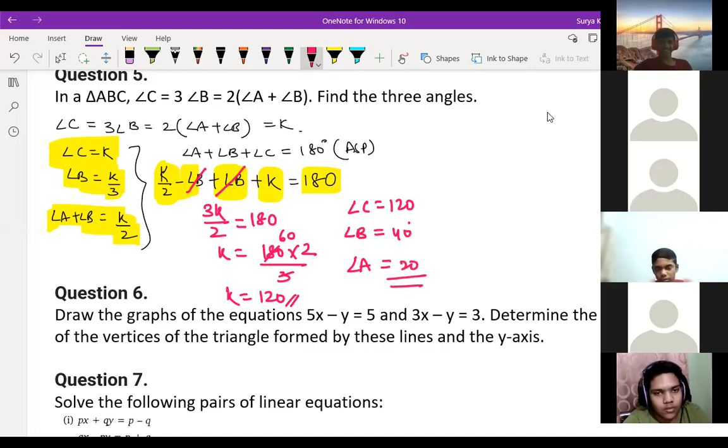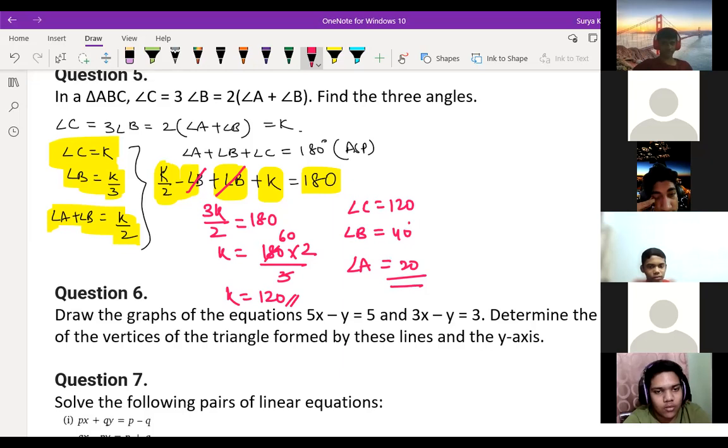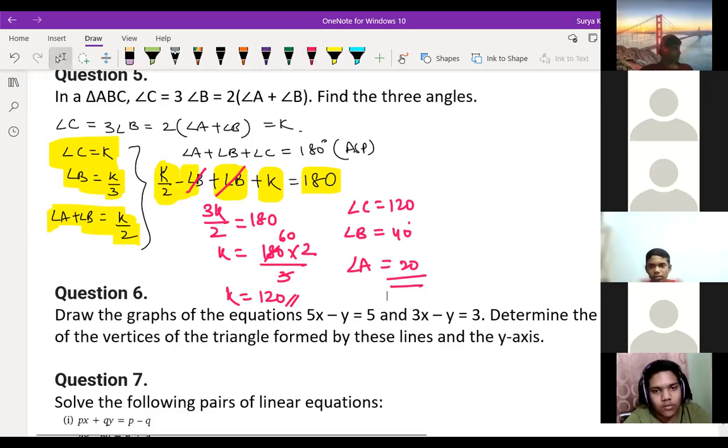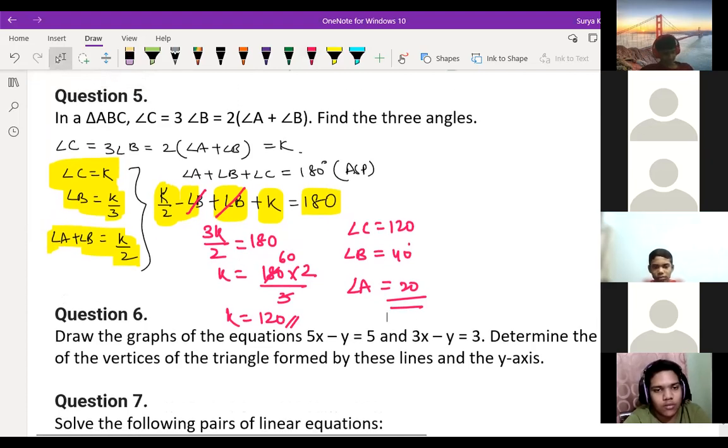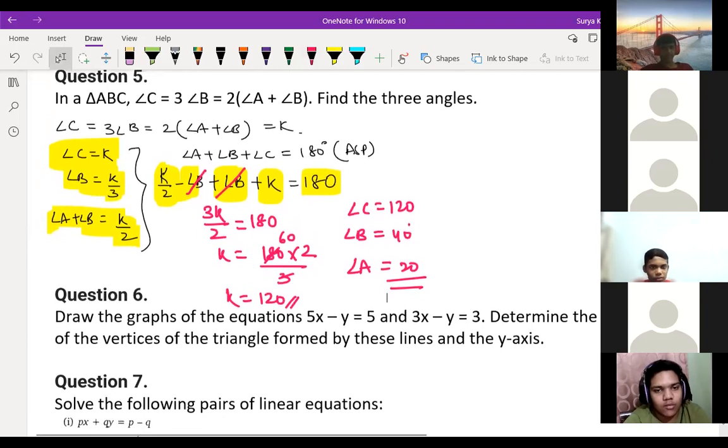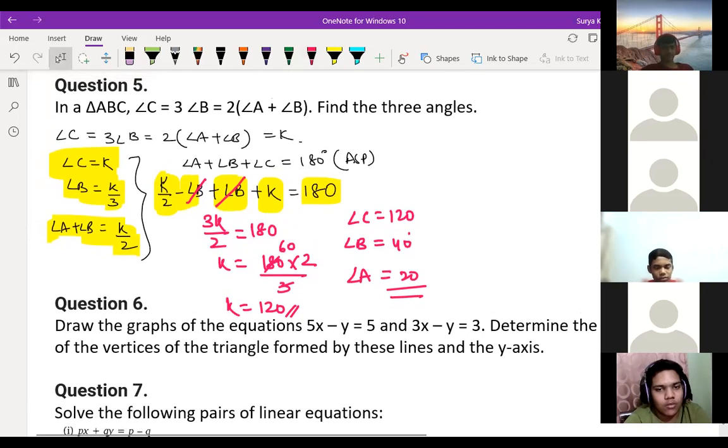So Javian, is your method easier or is this method easy? Sir, this method, sir. This method is easy, no? So like this, you can do these questions, not always by the X and Y method, because in the exam they won't ask you to do it by a pair of equations with two variables. Sir, we are only going to get MCQs, sir. Yeah, this time you're getting MCQs only. Yes, correct.